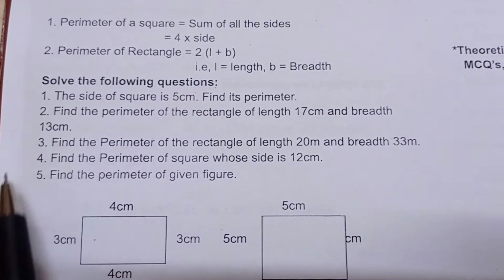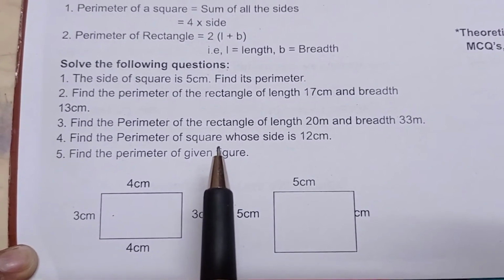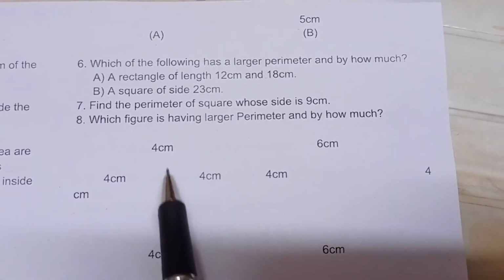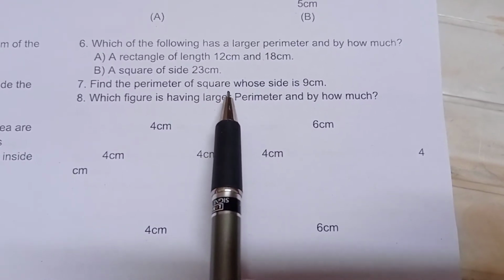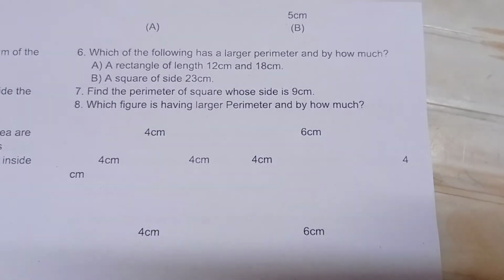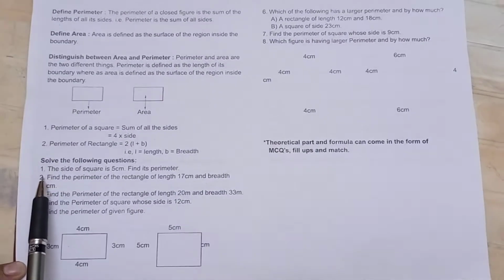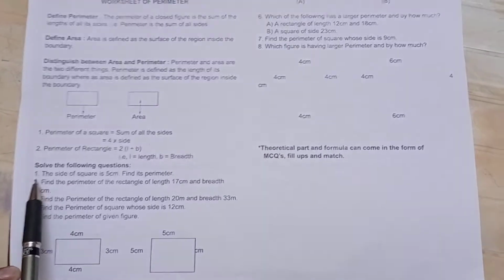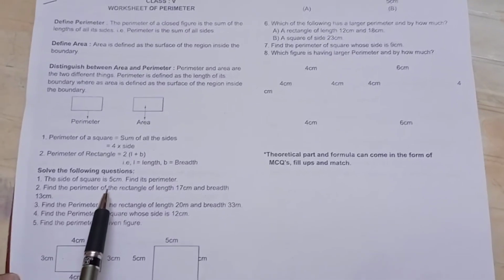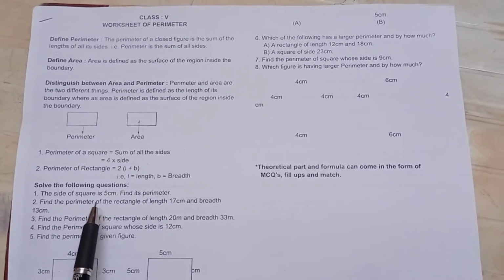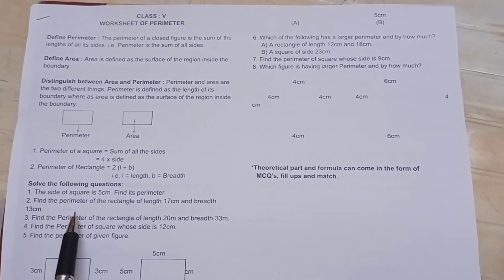See children, these are various questions based upon area and perimeter. Clear? Which you need to try. And this question you can leave as the diagram is not completed over here. So up to question number 7, you have to try these questions. Clear? And I'll send the solution of these questions in your class group. You can go through all the questions. Try to solve these questions in your fair notebook. And very soon I'll be sending the solution of all these questions.